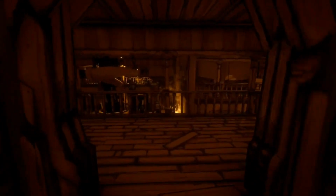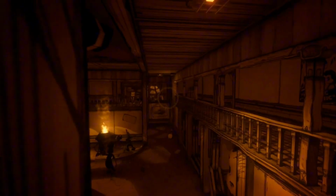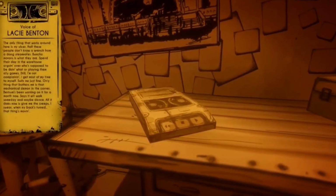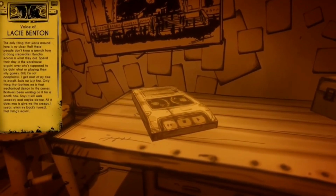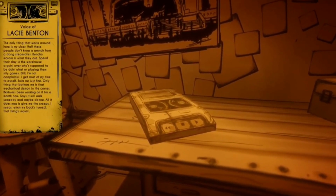up a door. Heading into the next room, we see the Butcher Gang huddled around a fire. You have to use empty bacon soup cans as distractions so you can get by to pull one of the switches. In the room with the switch, there is also an audio log from Lacey Benton, an engineer that worked on Bendyland. She talks about this animatronic Bendy that she's been building for Bendyland has been giving her the